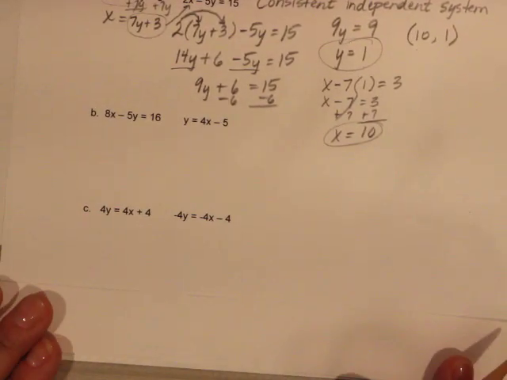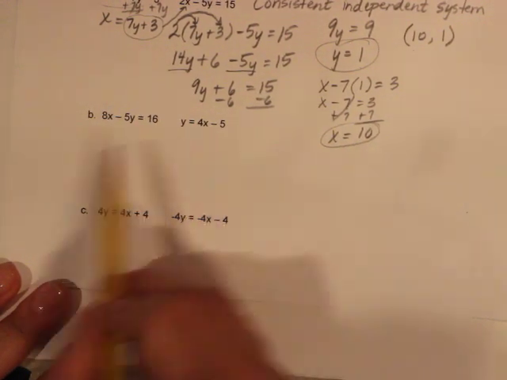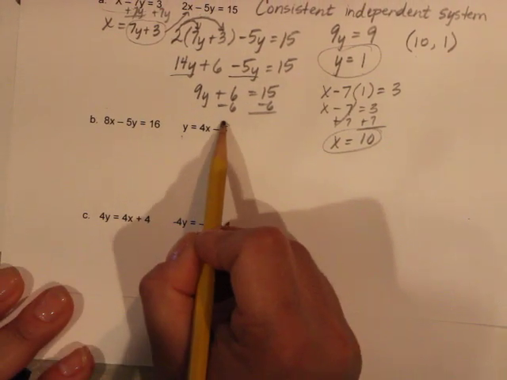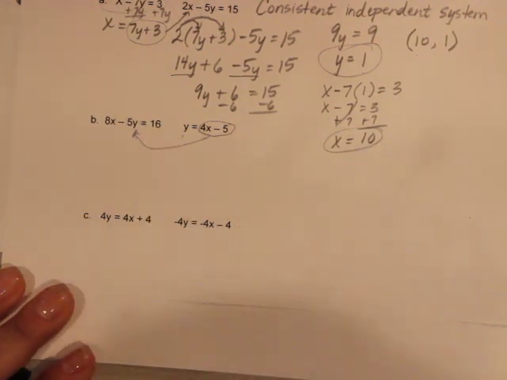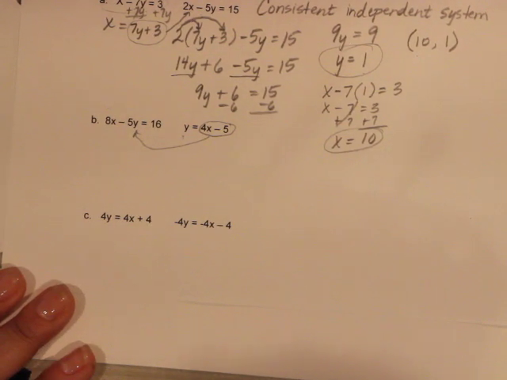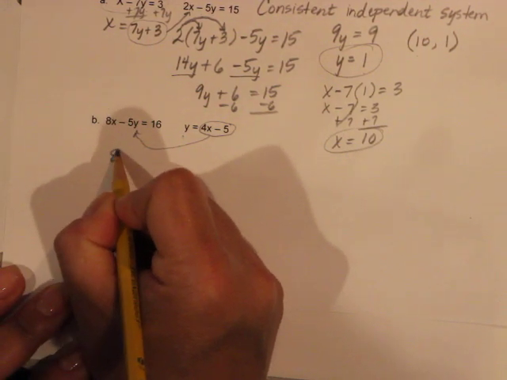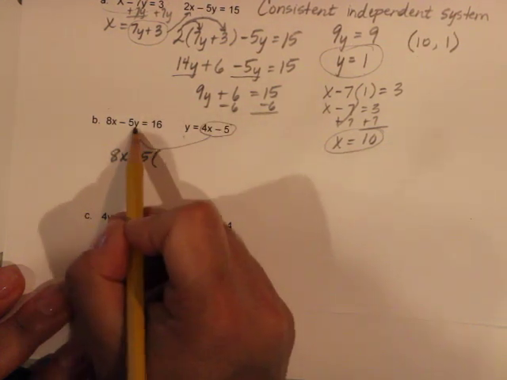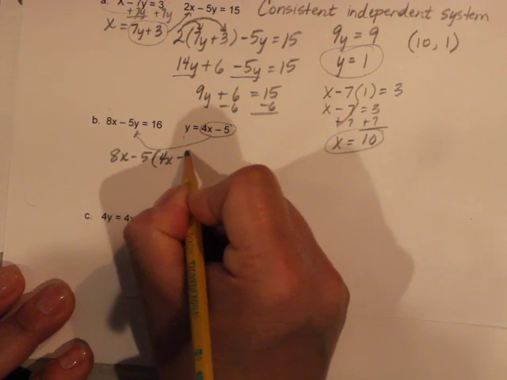Two more to go. Oh, I like this one, because it's already written in terms of a single variable. I can see that y equals 4x minus 5. So I'm going to take this whole thing and substitute it in here for y, so that I can see if I can solve this system of equations. So 8x minus 5 times, instead of putting y here, I'm going to put what it equals, which is 4x minus 5,